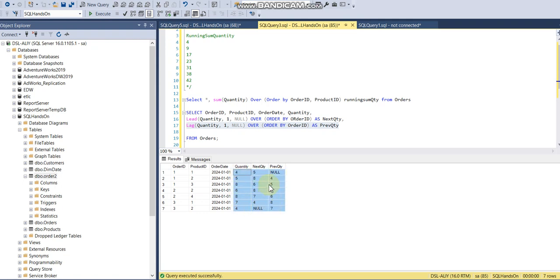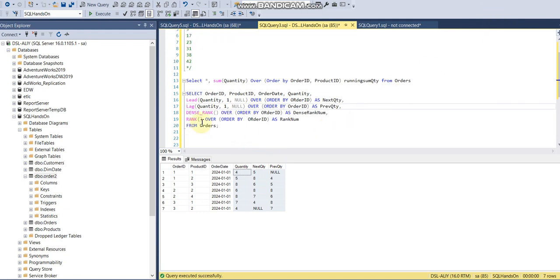I am going to add two more things if you don't mind. I add DENSE_RANK and RANK. Actually, DENSE_RANK and RANK are like ROW_NUMBER, which we learned and explored in our previous video tutorial. You can refer to it. DENSE_RANK and RANK are another approach where we can get the running number,